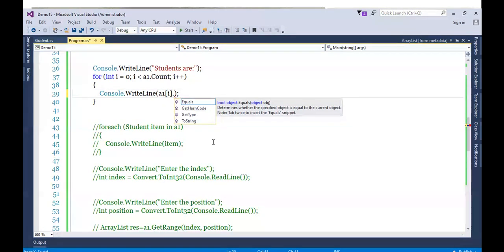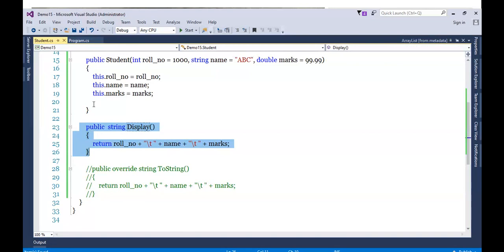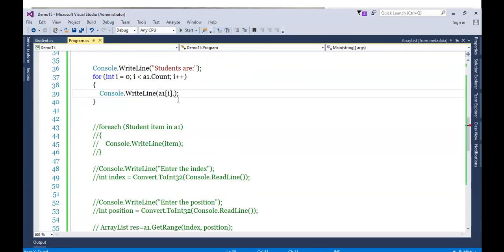Because, yes, are you getting the problem, guys? Hello, are you there? Yes, sir. So please try to tell me the solution of it. Here, I want to display the members of array list using this display method. I want to call display method here. So how am I going to call display method here? Any idea, any guesses? Hello? Any idea? Any guesses?